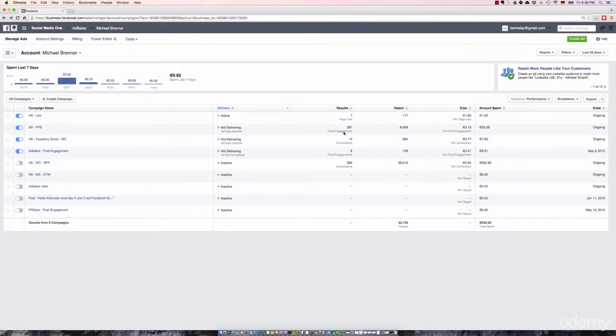Let's do a short recap. We figured out that custom audiences are a great way to build up a huge fan base on Facebook, to give your content more exposure, and to just sell more of your products or services. And the way to do any of that is to create an ad and drive some paid traffic to your content, to your products, or just pay Facebook to give your fan page more exposure.